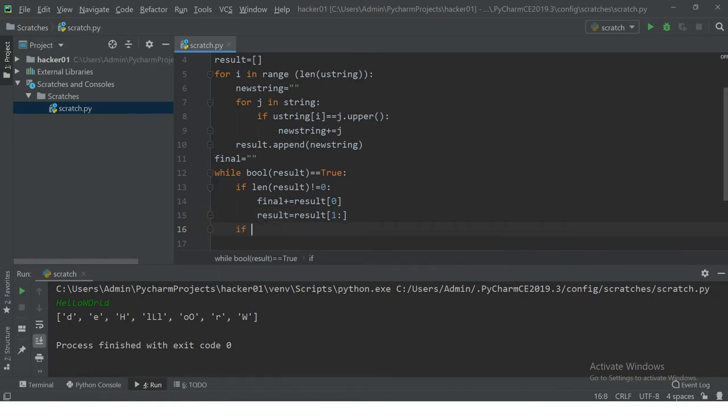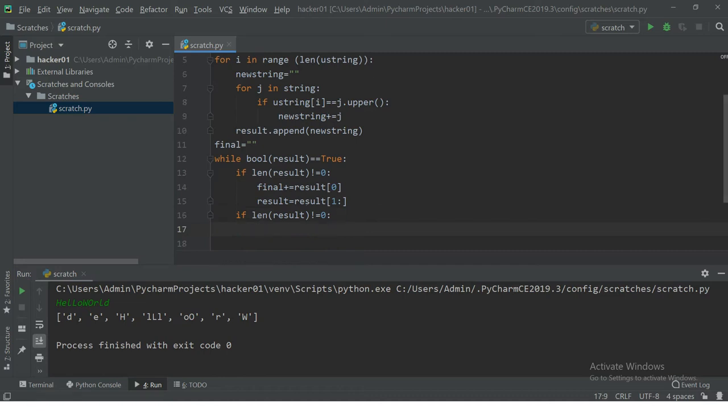Again, I will check if the length of result is 0 or not. Now I have to add the last element in final.